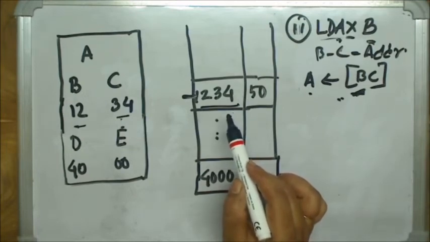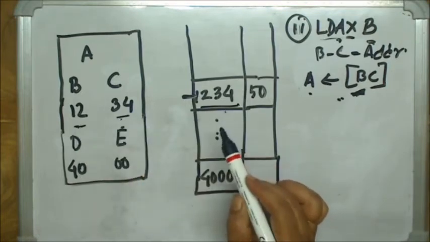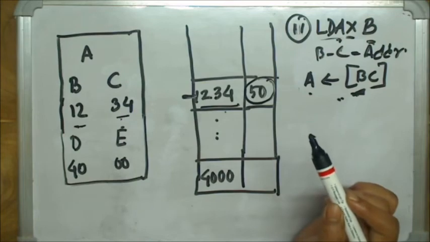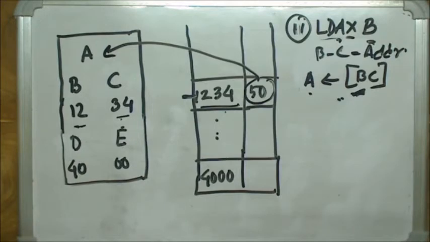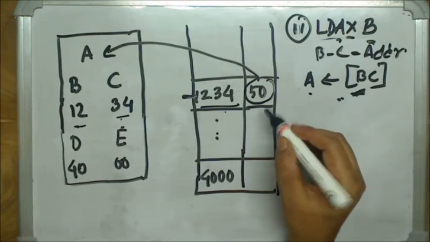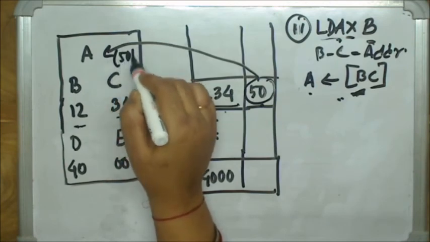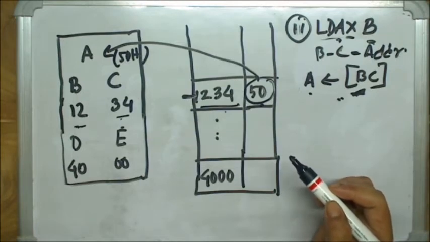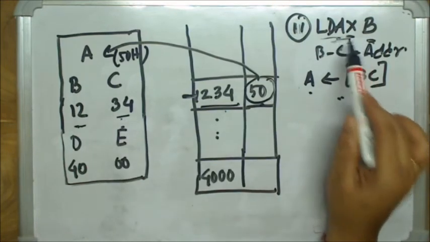So what will the processor do? It will go first to the BC pair, it will see 1234, then it will access the memory location 1234, and whatever data is there in memory location 1234, that is 58, will get loaded in the accumulator. Understood? That data, 58, will get stored in the accumulator. That is, A will now contain 58. So basically A is getting the data from the memory location pointed by BC pair. Understood the function of LDAX B?